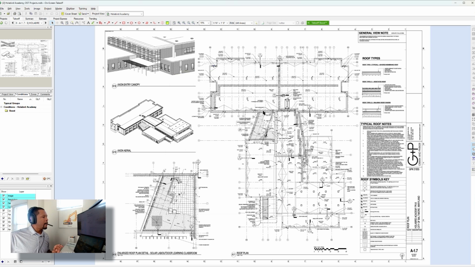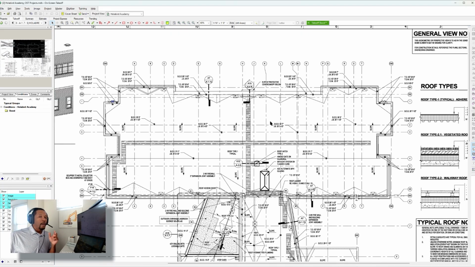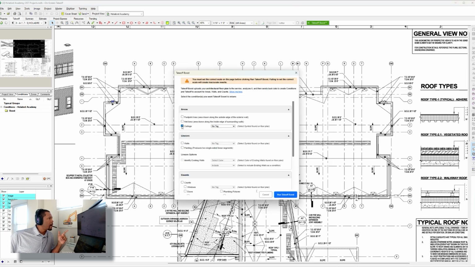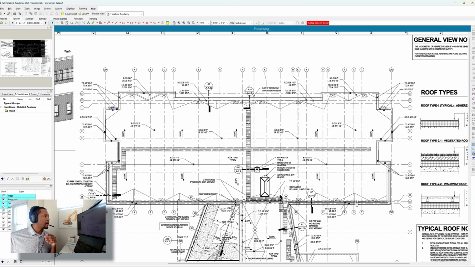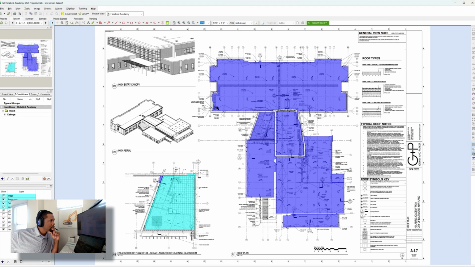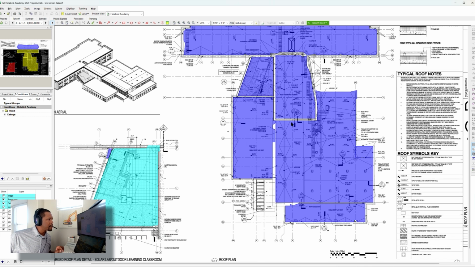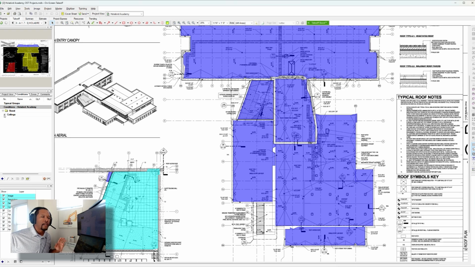First off, I have a typical roofing plan, and what I want to do here immediately is jump into Takeoff Boost. We're going to do an area takeoff, highlighting the ceilings. There's no tag there, so we're just going to run Takeoff Boost. Very quick. Okay, so that took about 60 seconds to run through, but now we have area takeoff. As you look through it, there are some areas that can maybe be adjusted, but for the most part, we have what we need here on the screen. Right now, we'll just need to adjust a few things.